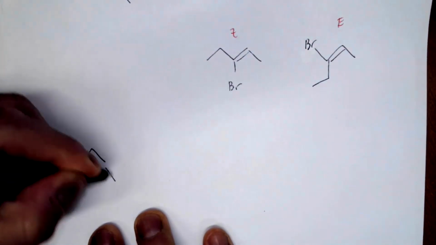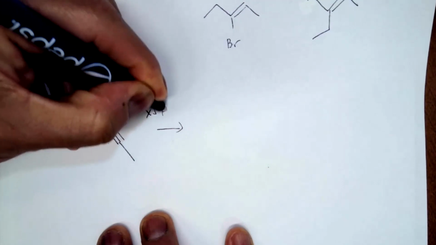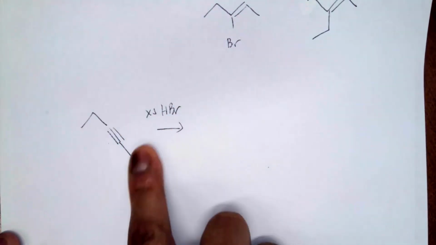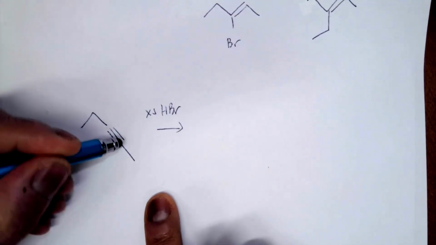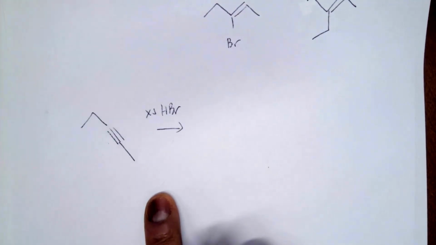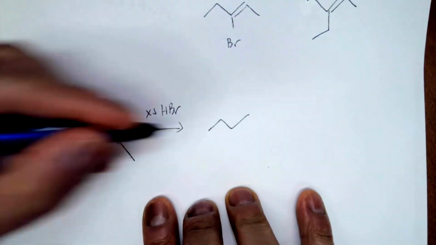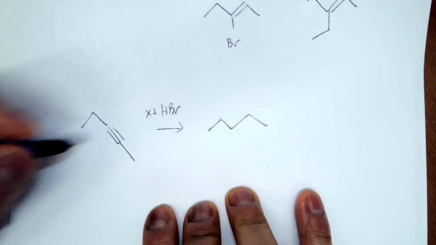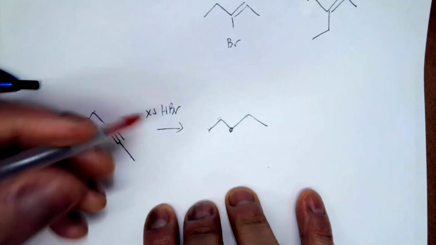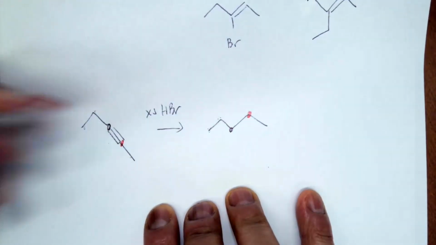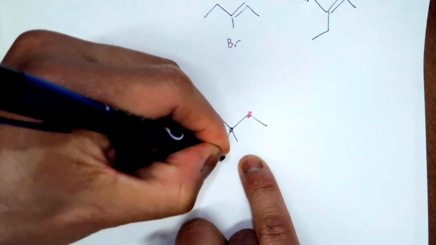Okay, what if I use excess? If you use excess, then you will be doing fully here and fully here. Okay? Meaning that, 1, 2, 3, 4, 5, right? 1, 2, 3, 4, 5. So this carbon, 1, 2, 3, this carbon. And then this one will be this carbon. I will get bromines here, 2 bromines,